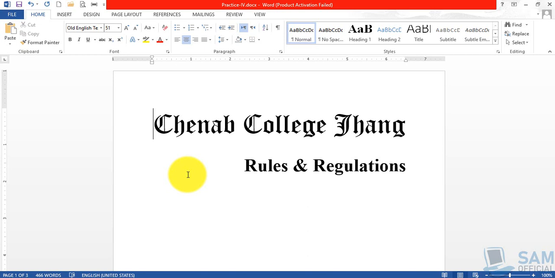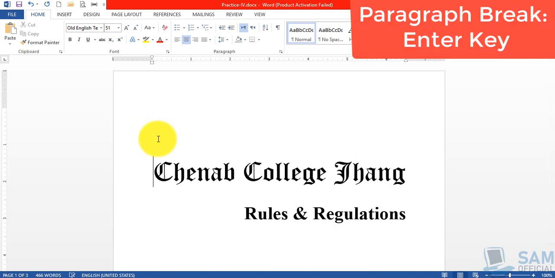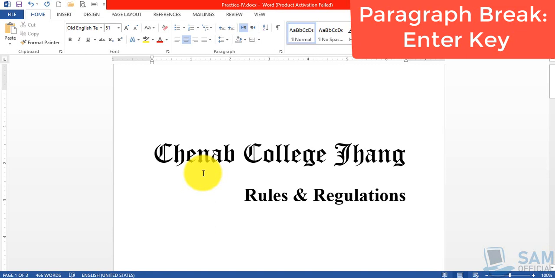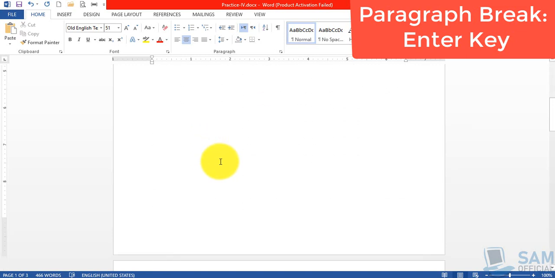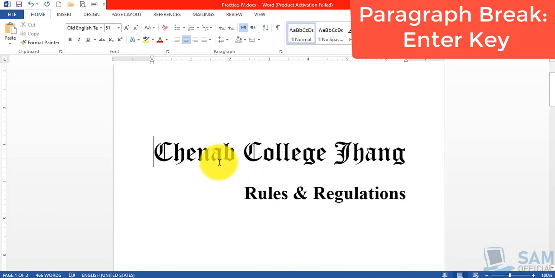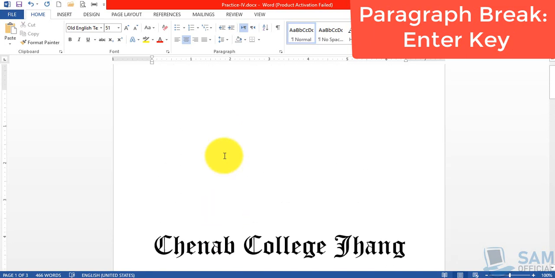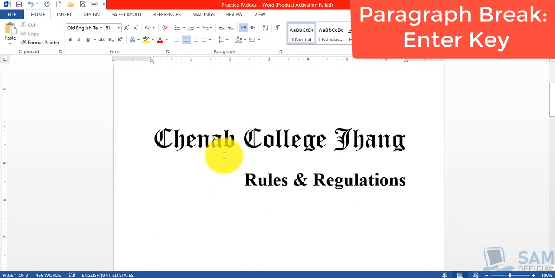But we can use enter and backspace for some other purposes as well. Like right now, the college title is appearing on the very first line of this page. So in order to move it downwards, place the cursor before this title and now press the enter key. Once it is pressed, even then it's not in the center of the document, so let's move it one more point downwards. Now to some extent it looks like it's in the center of the page, so let's press it one more time. So we pressed enter thrice,